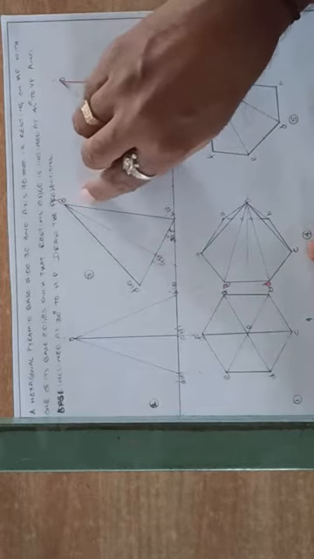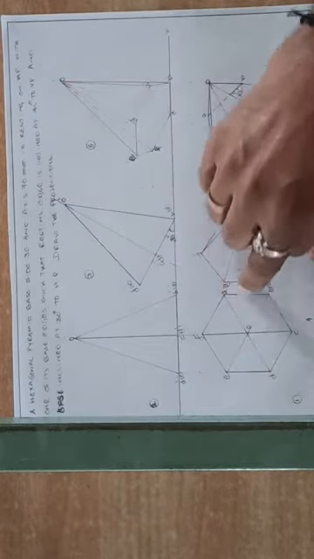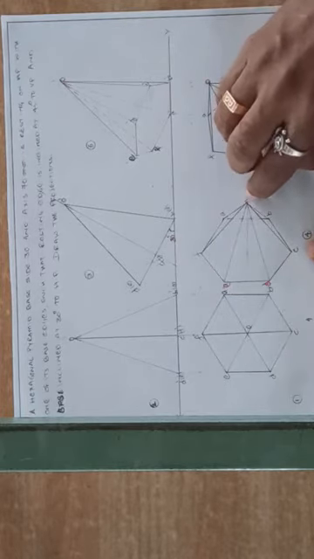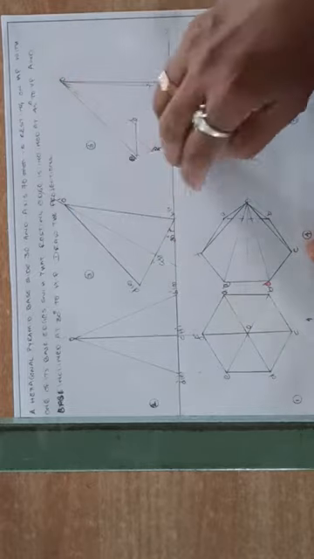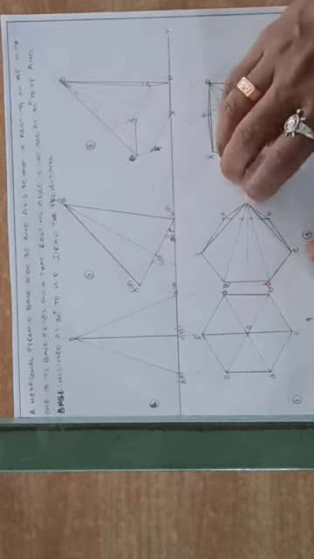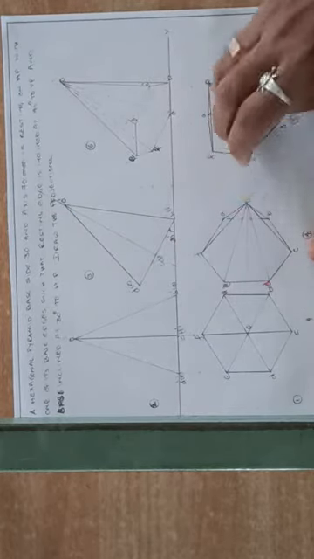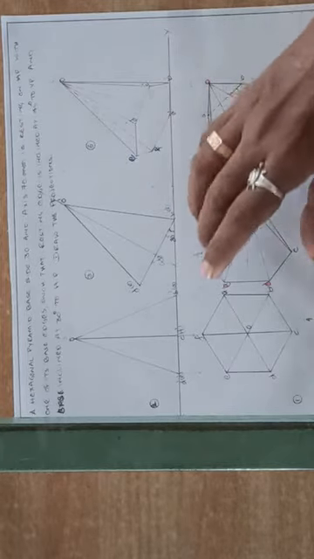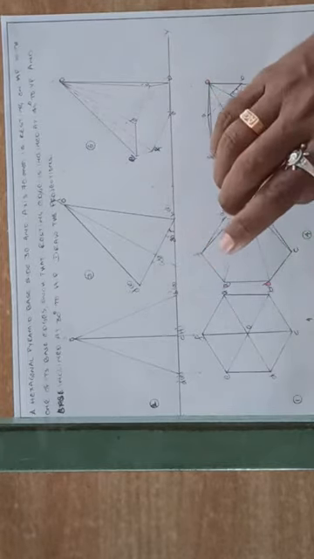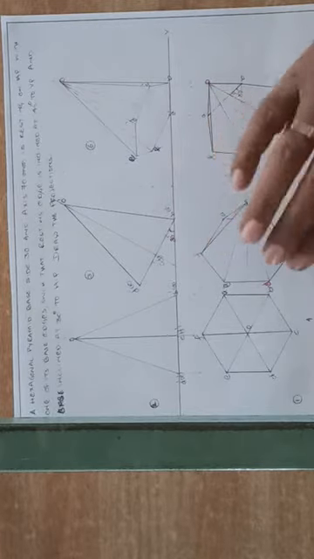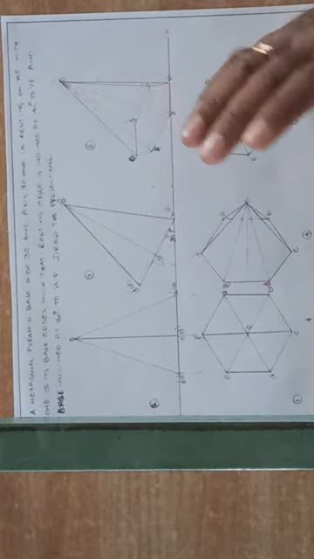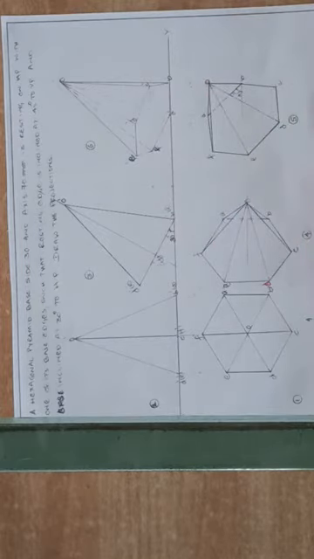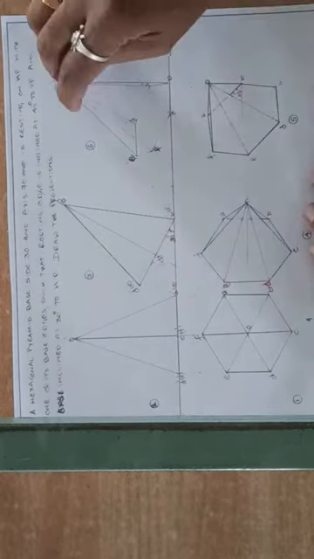Similarly, from O dash the vertical projector, from O the horizontal projector, that is the position of O. Connect O to A visible, O to F visible, O to E visible, O to D visible, O to C visible, and O to B visible. These visible lines will depend upon the angle. If the inclination is more or less, the visible edges may change. Alright, now the third stage.